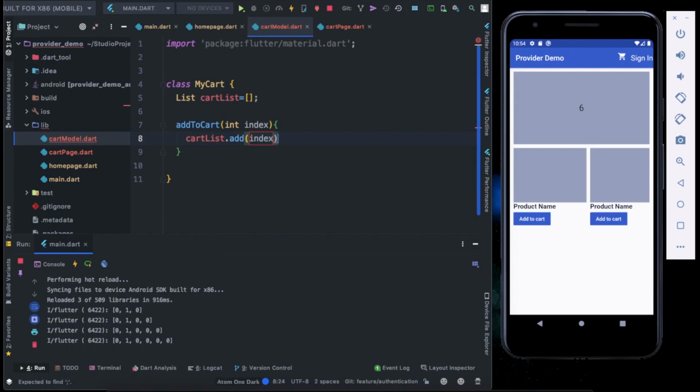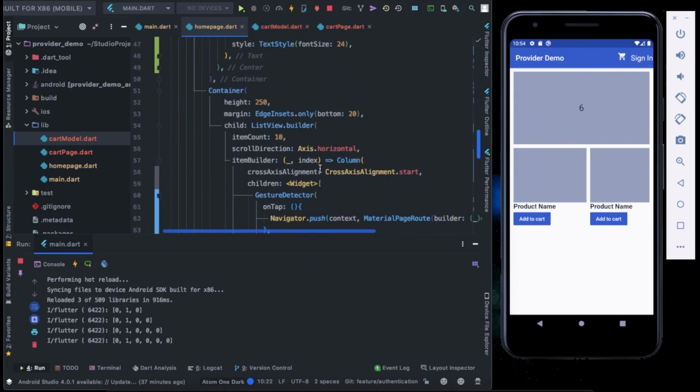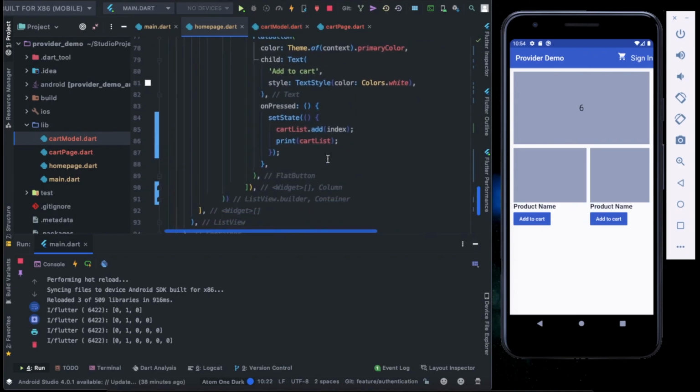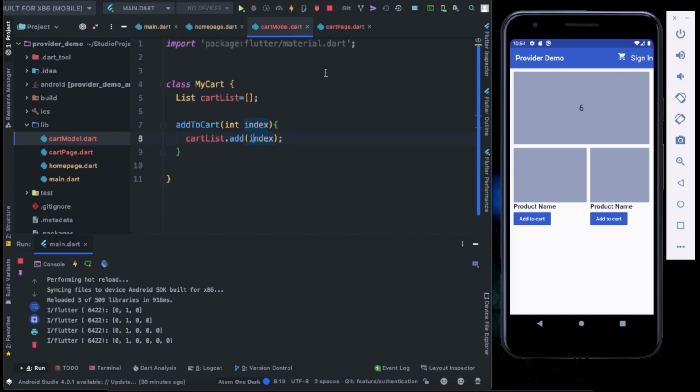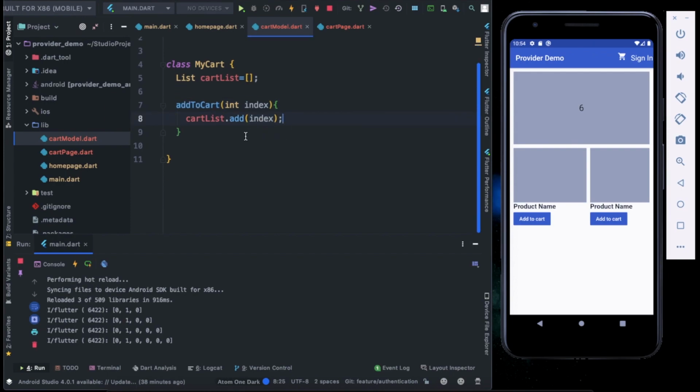Okay, makes sense. So what we were doing right now is that whenever this add to cart button was pressed, we were adding the index to it. The same way we are going to do it, but using this model. I'll call this add to cart method, and then it will add the index. Okay, next thing,